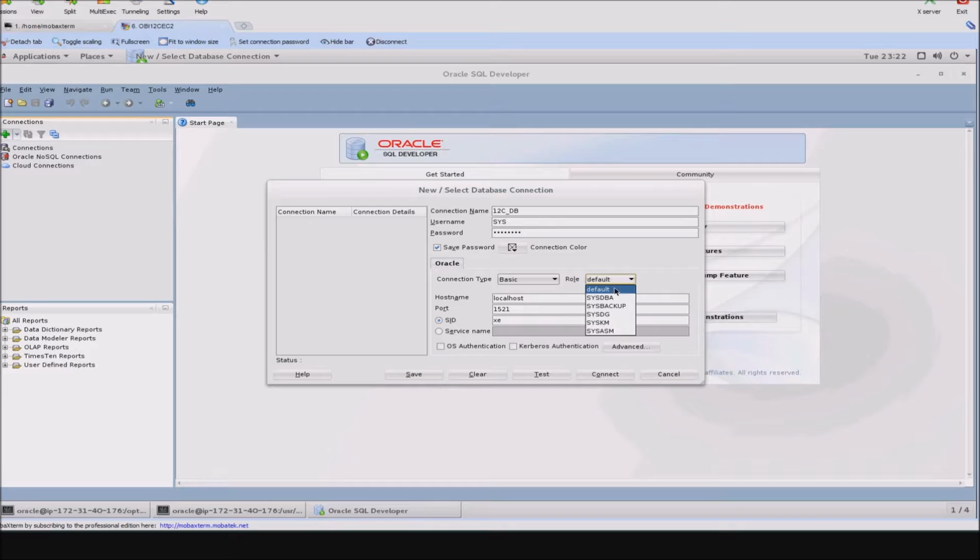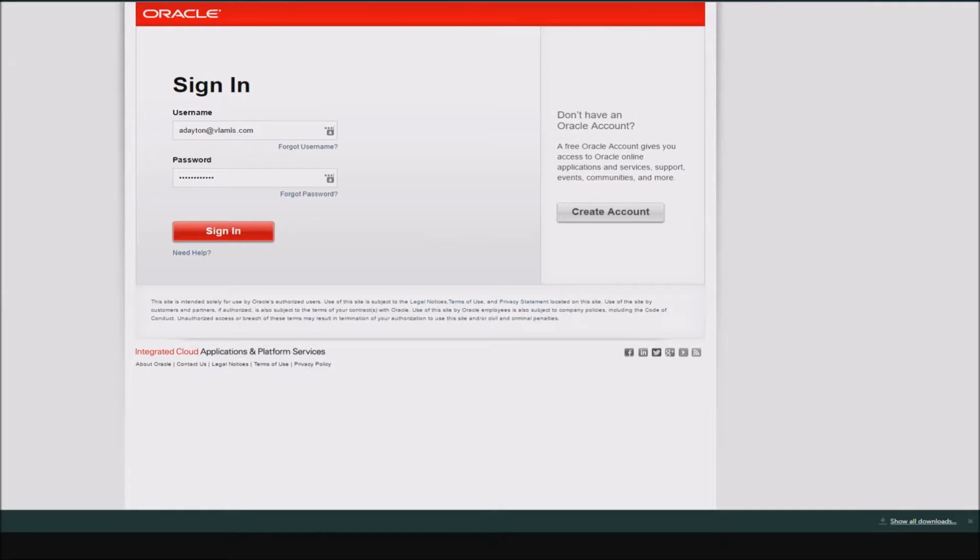And I will connect as sysdba. And then you'll see down here that it's just got the standard stuff. Now this database isn't actually running on my local machine. It's running on another EC2 instance, and I've done a post about how to install the Oracle database on an EC2 instance. So what I'm going to do